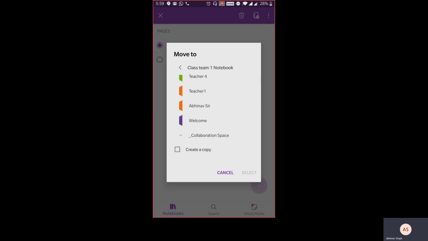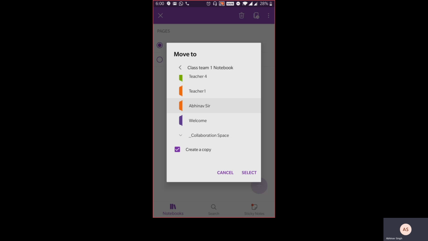So I click on Abhinav Sir, and you realize the moment I click on the section, the select button is highlighted. Before we click on select, I should ensure that I click on create a copy. What it means is that a copy of the page I'm trying to move is created. It's like copy paste.